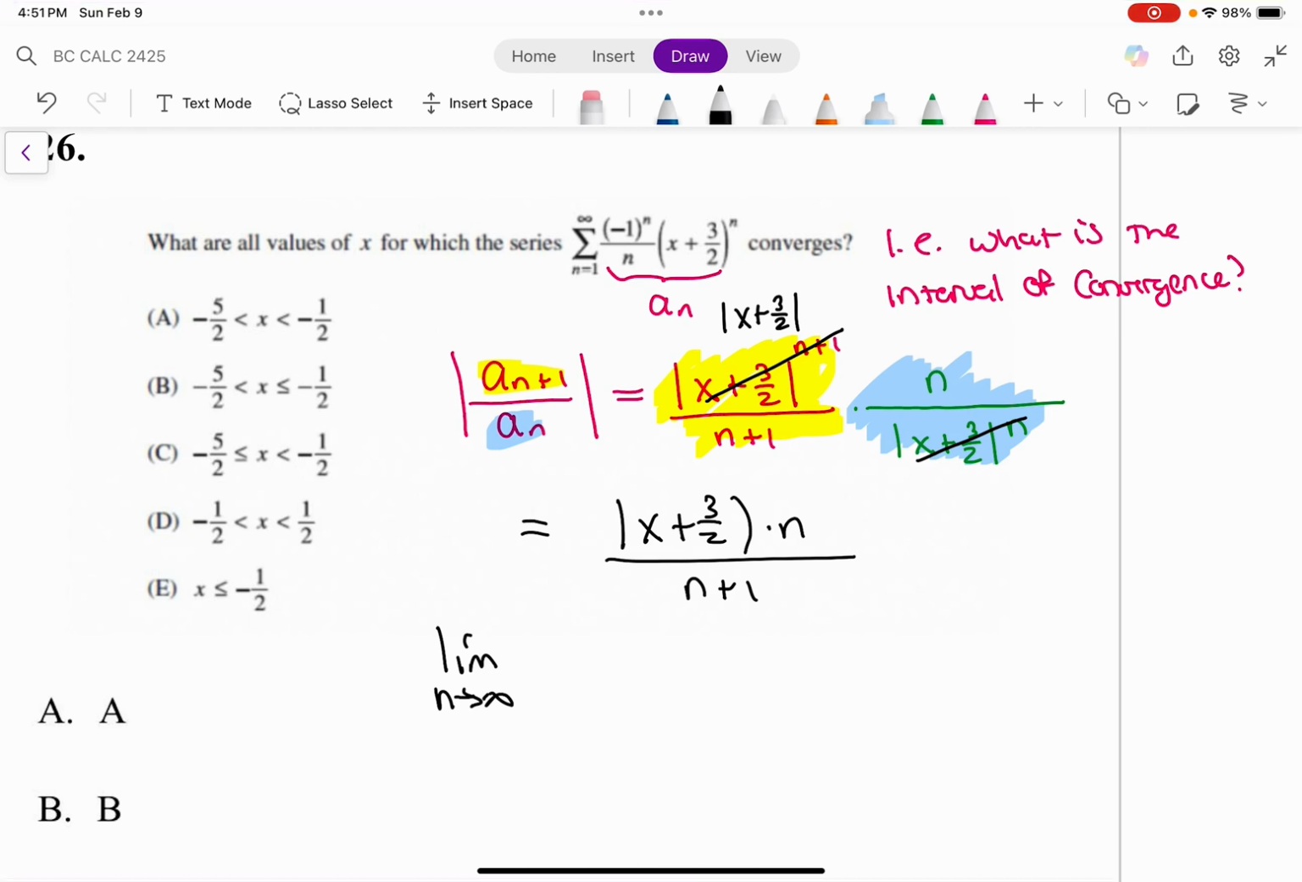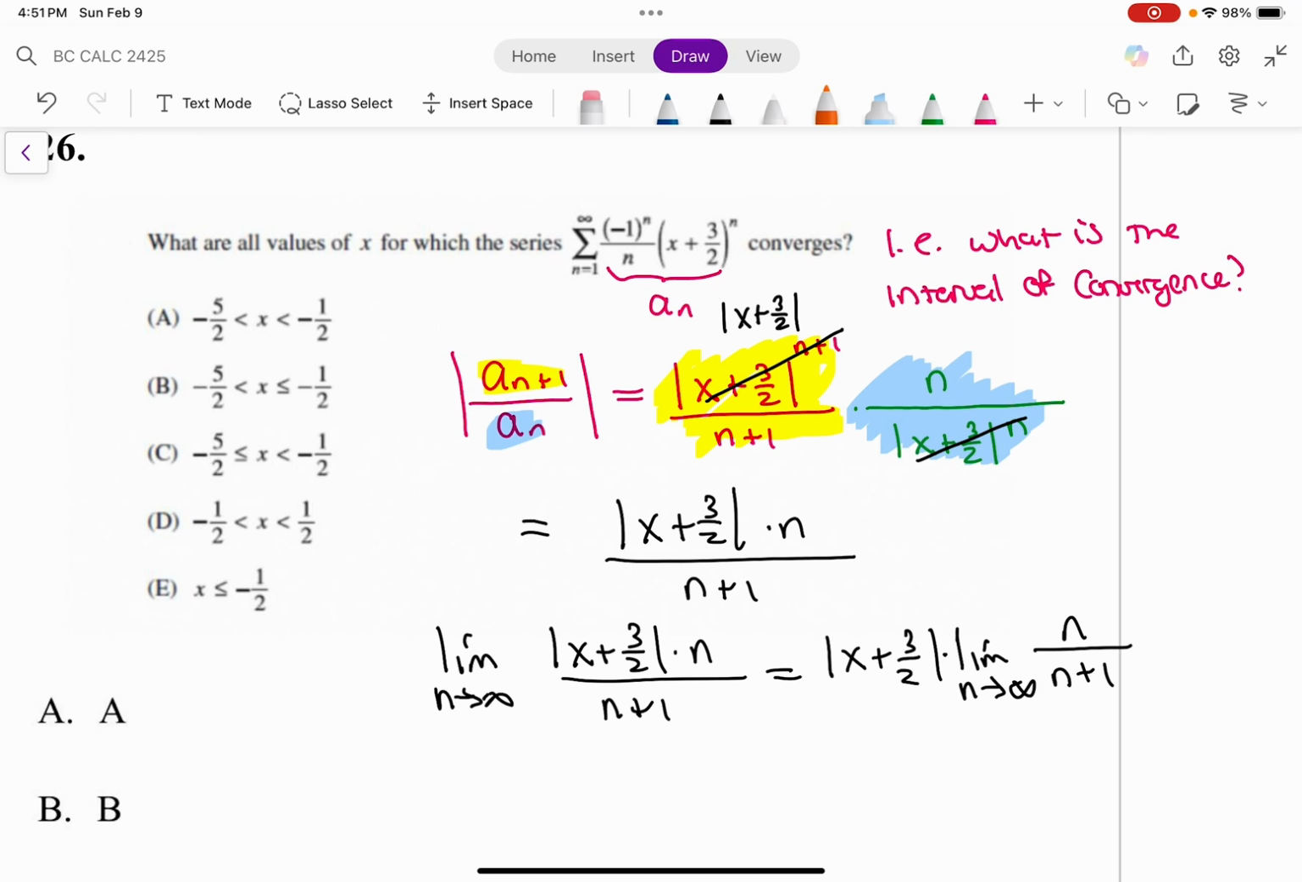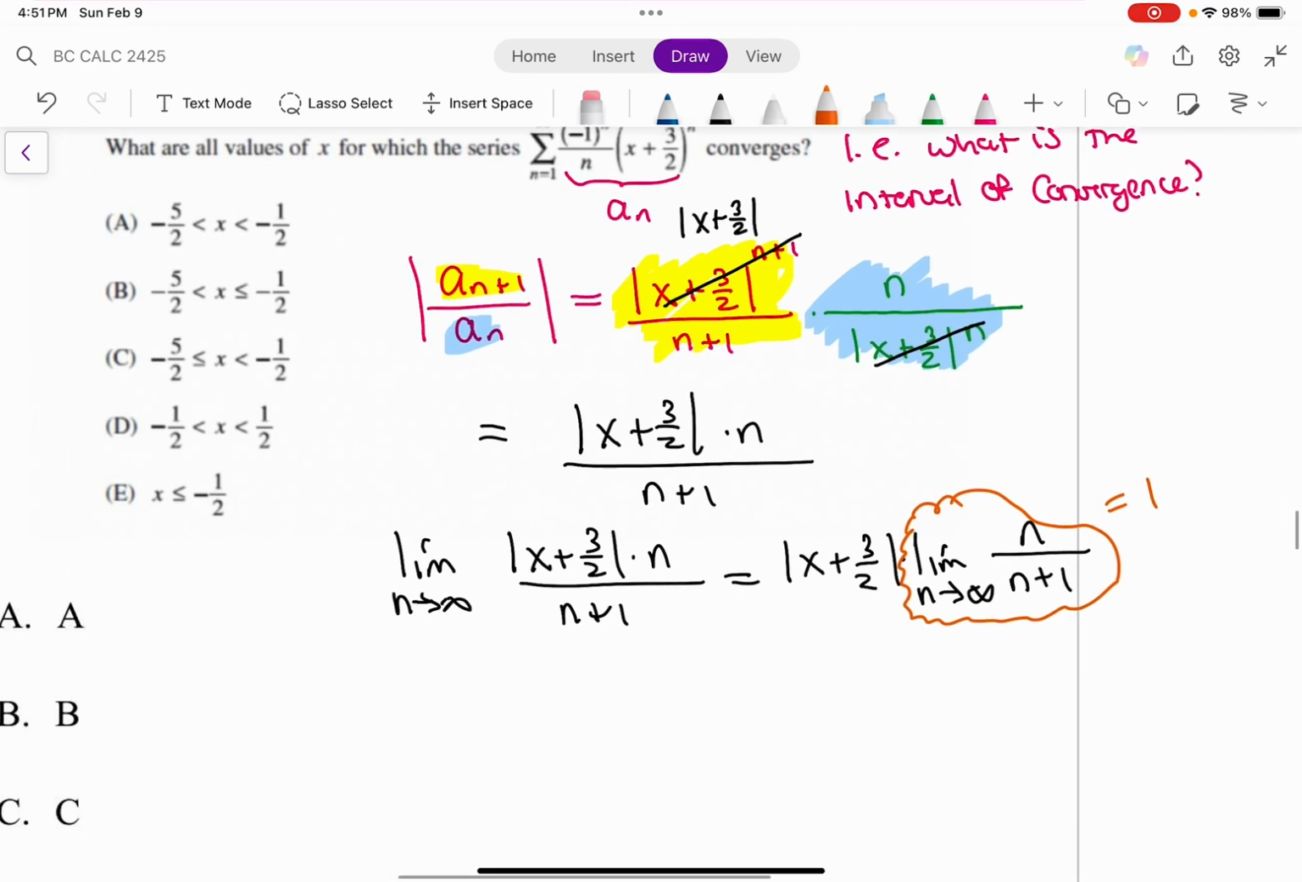Anything that doesn't have an n can come outside. Oops, this should be absolute value. Anything that doesn't have an n can come outside, so you can start writing this, but you can then quickly just take out anything that doesn't involve an n. Okay, and you should recognize at a glance that that's 1, so that we get